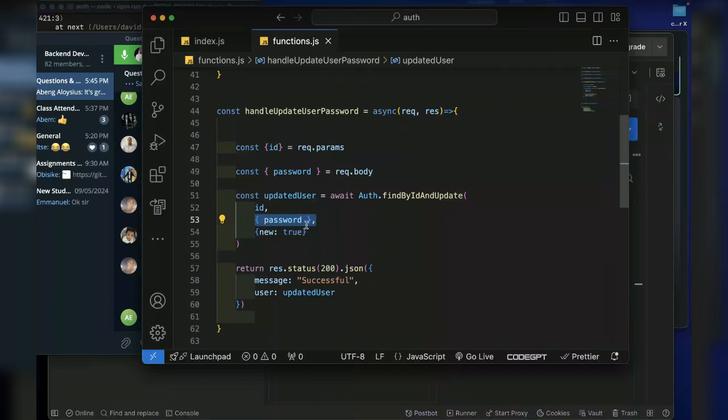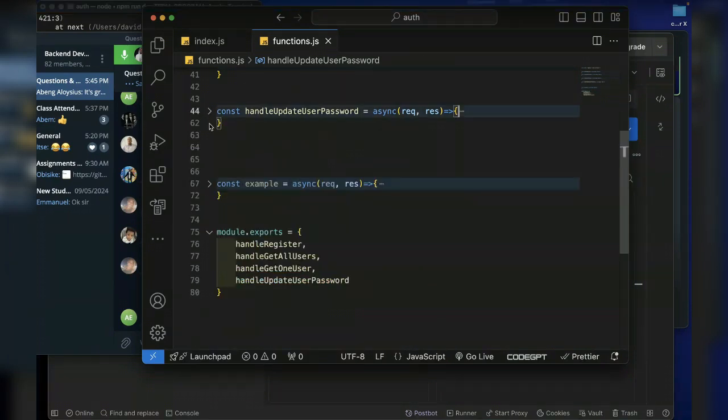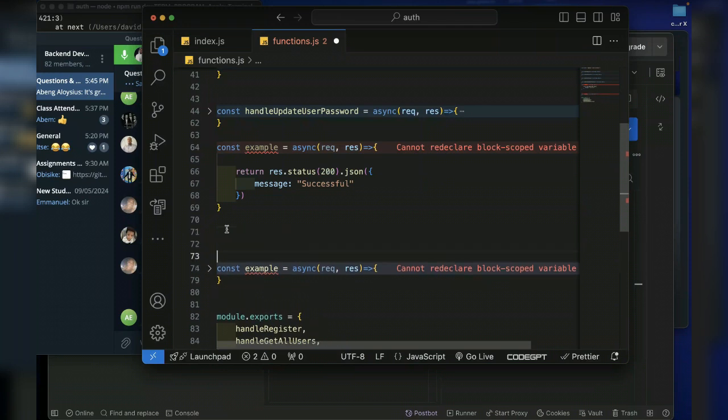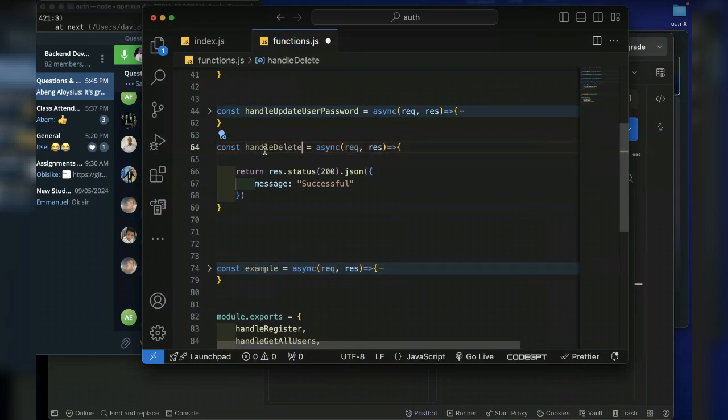Now, the last but not the least, oh my God. Okay, the last but not the least is to delete a particular user or delete anything. So delete, handle delete. So handle delete, and